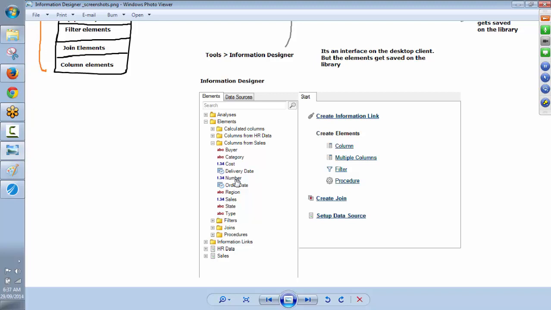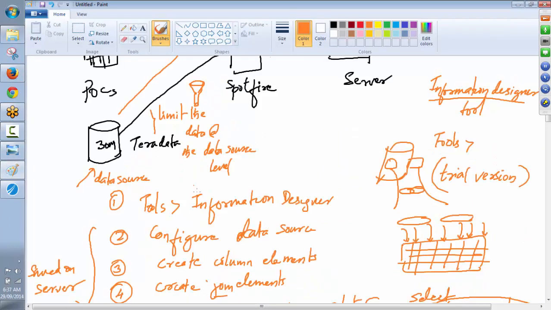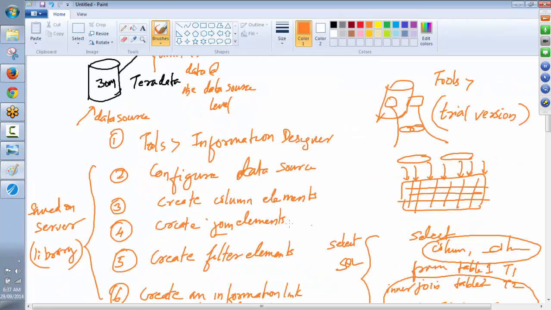Okay, so the first step, configuring the data source. That is what you are seeing right now. So the next is creating those column elements there. Now, we didn't have to do any of these when you added data from that flat file. All the columns got pulled in from the data source automatically when you added that Excel file. But here we'll have to do it the hard way,